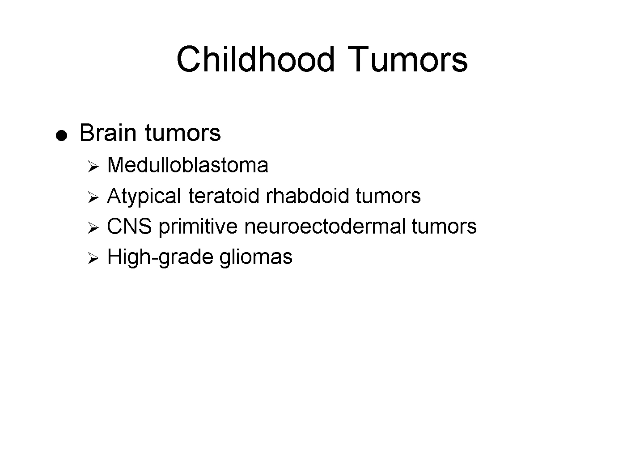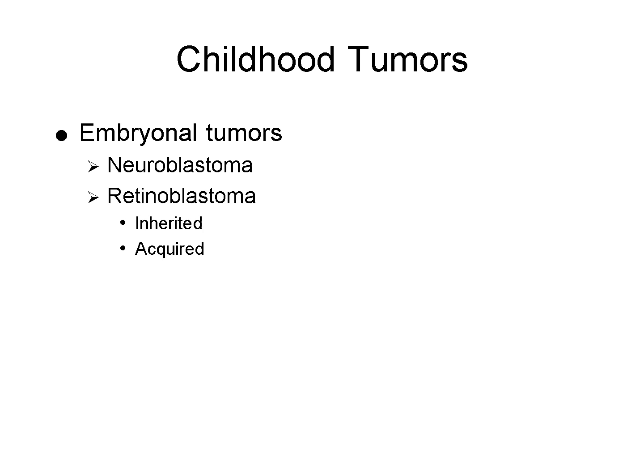High-grade gliomas are also seen in pediatric populations and are characterized by rapid progression and resistance to treatment. Embryonal tumors in children arise from immature or undifferentiated cells and often develop early in life. Neuroblastoma is a common embryonal tumor that originates in the sympathetic nervous system, often forming in the adrenal glands or along the spine. It may be discovered as a firm abdominal mass and is known for its ability to spread